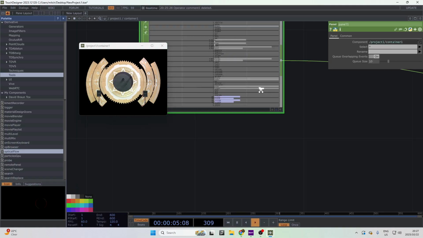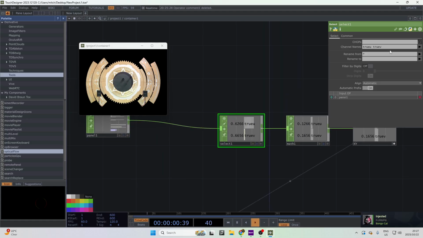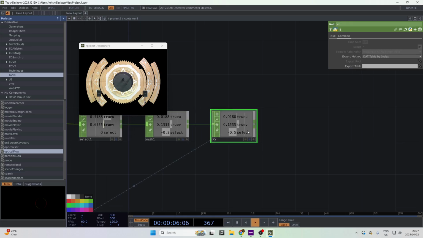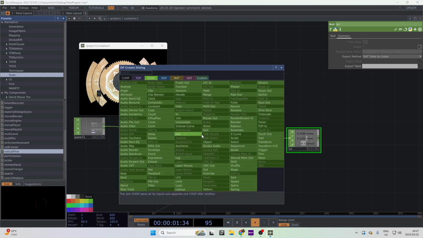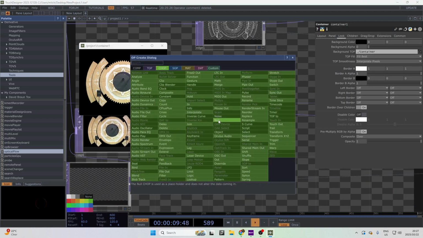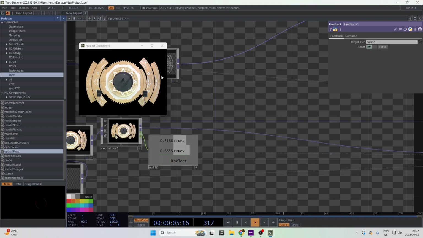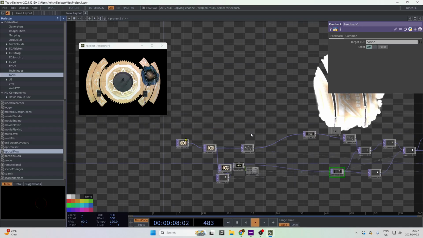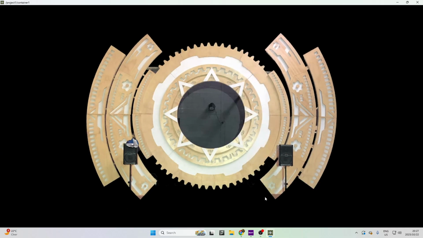So what we want from here, you'll see when we click, select gets activated. So let's just go from here, choose select as well, 0 to 1. And let's just send an out from here. There is a better, neater way to be doing this. This is literally just for the sake of showing. Grab the null. And then here in our feedback, let's just set that to the reset. And now where I click is where it comes off of. I went the extra mile. I made an icon that pops up when you do it. But now wherever you click,